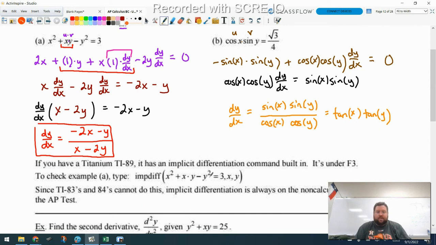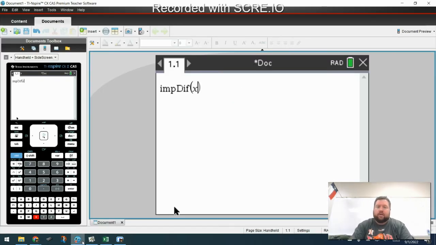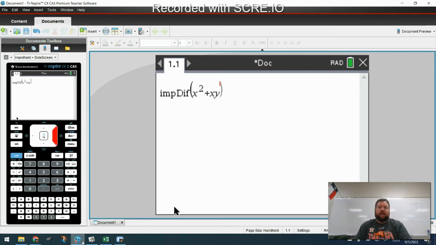So you type in the equation, and then you have to put comma x, comma y to tell it what the two variables are. Okay, so x squared plus xy minus y squared is equal to 3. So x squared plus x times y. You have to put your own times symbol, because if you don't, the calculator will treat xy as a single variable, xy. I want it to treat it as two separate variables, so I have to put my multiply symbol in there. All right, minus y squared